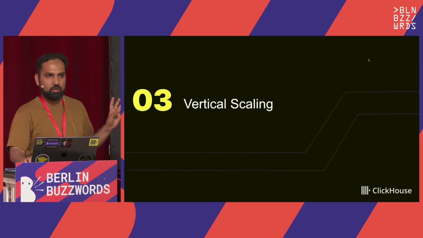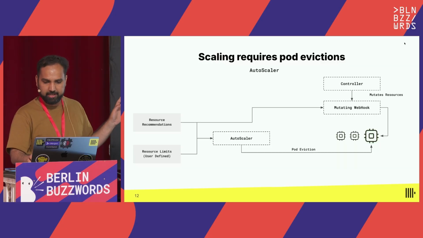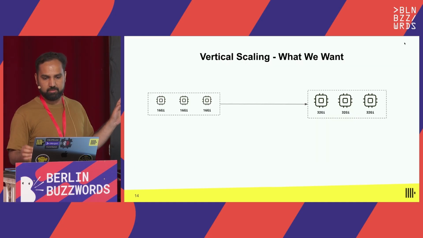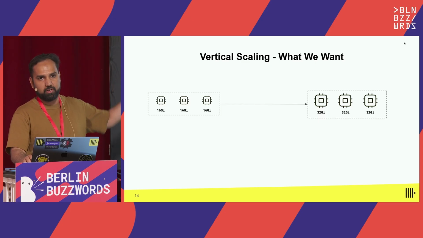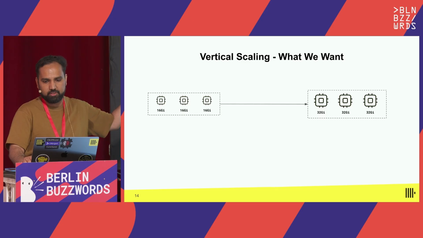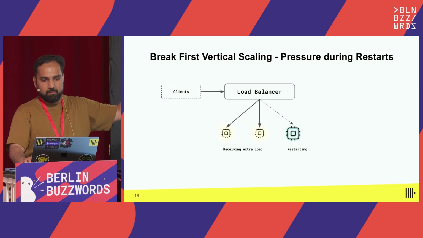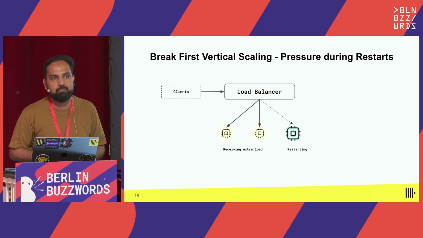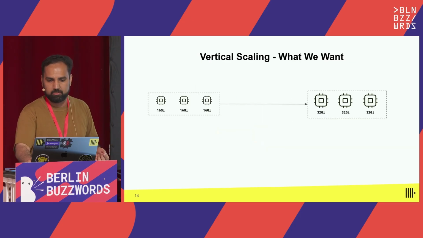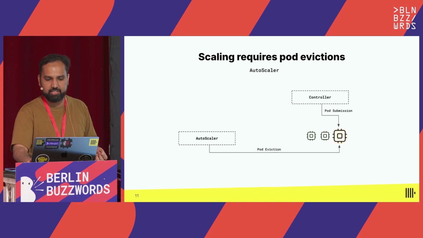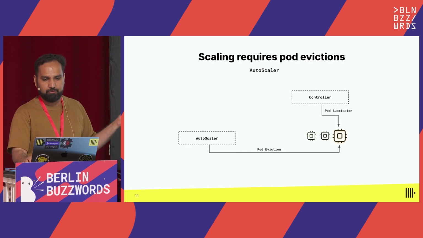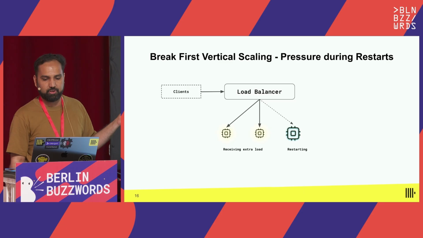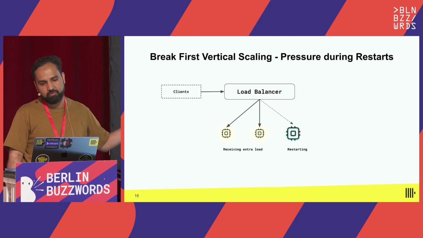The problem is, so this example is vertical scaling. The problem is, this is what we want, right? We want to go from a starting size of our server replicas to a destination size. But it requires pressure because, like I mentioned, every time you do a rolling restart, and because we saw here, it's getting evicted, right? So pods are getting evicted. If you evict a pod here, so in this figure, for example, the third replica that is getting restarted, the other two are going to be under even more pressure.